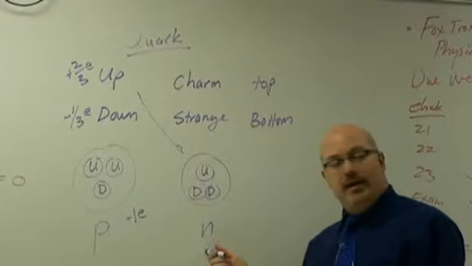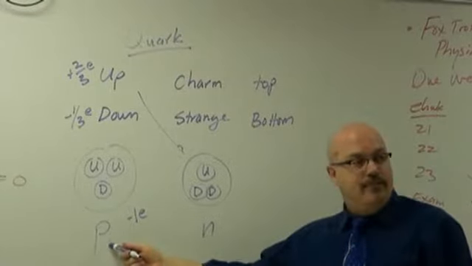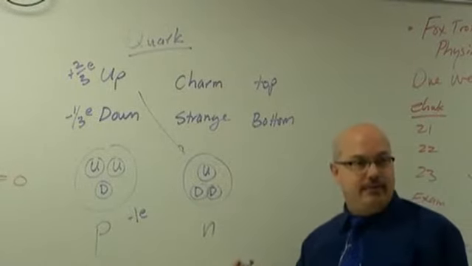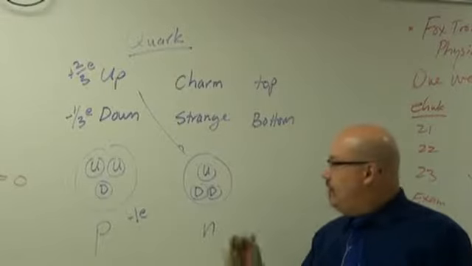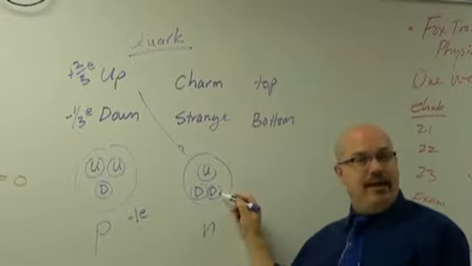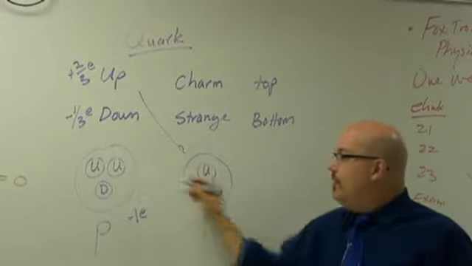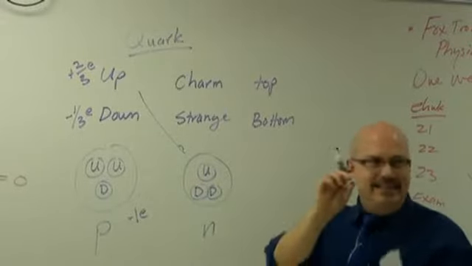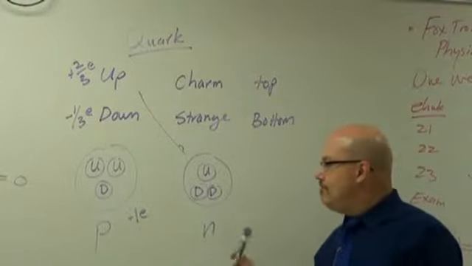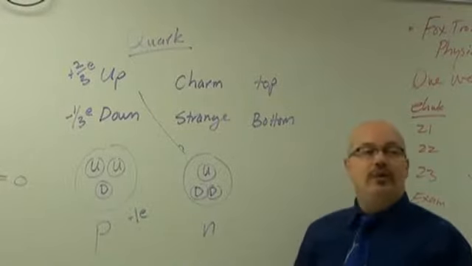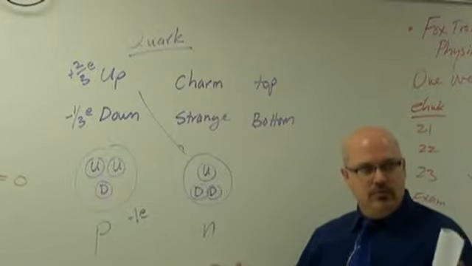Now, but a neutron is slightly heavier than a proton. So what does that tell you about ups and downs? Downs are slightly heavier. So since the down is slightly heavier than the up, the neutron is just a tad bit heavier than a proton. Okay? And as far as we know right now,